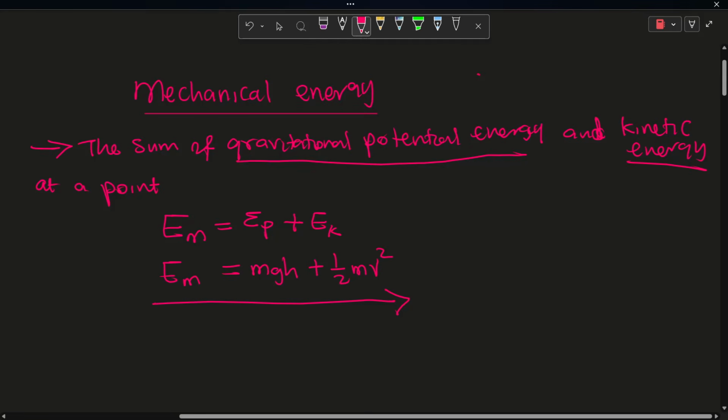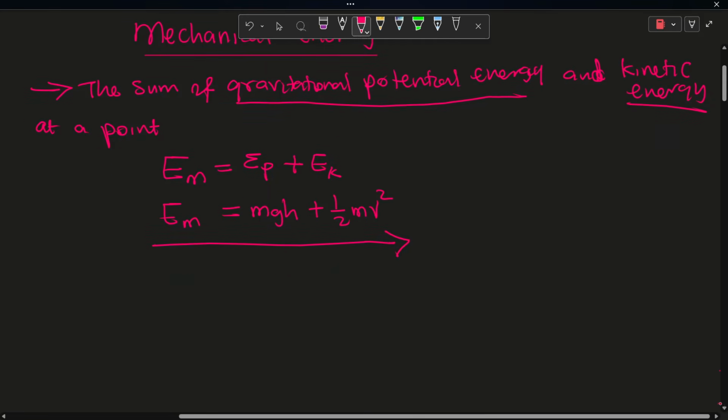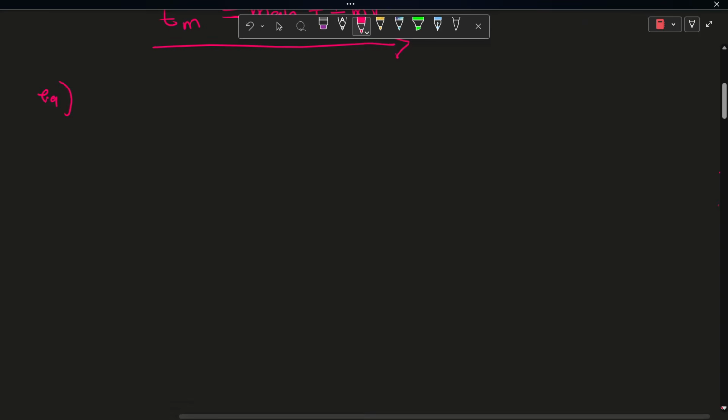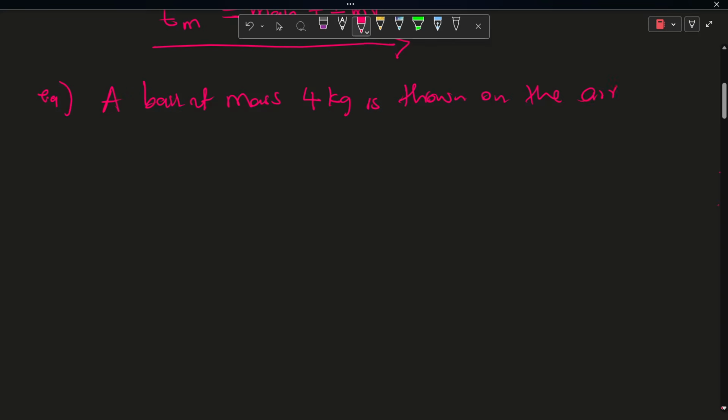Now, I can just pick one example so that you see what is happening. Okay, let me just give this one as an example. And then we say a ball of mass 4 kg is thrown in the air and